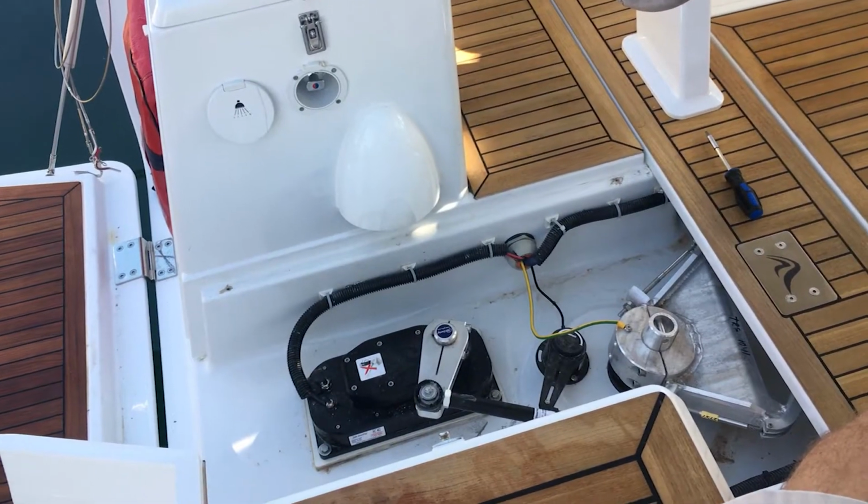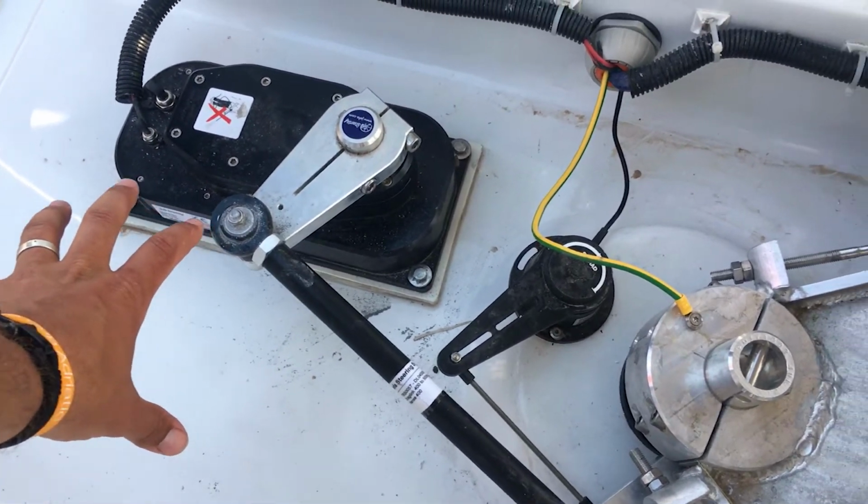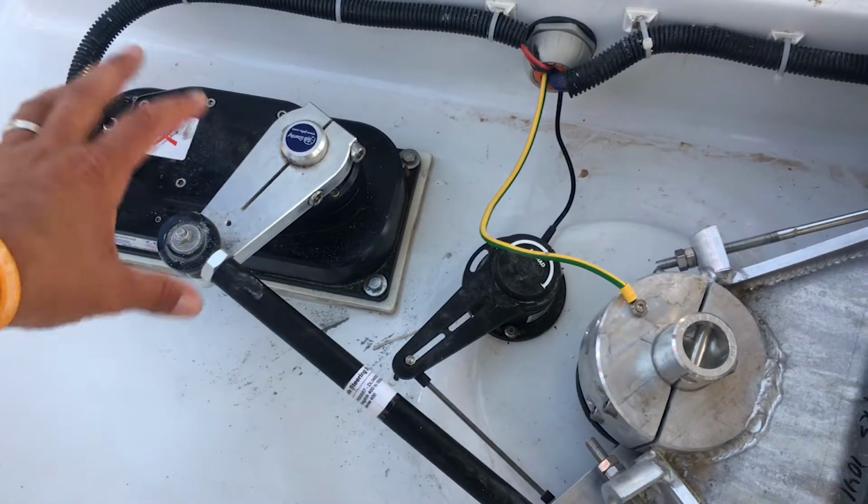Another thing we noticed, and we're talking to the charter agents, is there's an issue with the autopilots on the 455. They usually mount them right down on the cabin sole, but because some water gets in here, they've had issues with the autopilots dying, so having to replace them a lot. So instead, they lift it up on this little plate to keep it a bit higher so the water doesn't slosh around, which is great, except we had an issue that it had come up just a little bit too high,